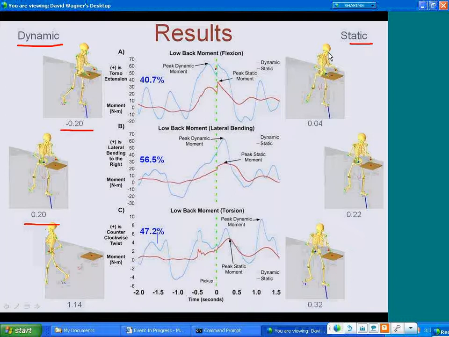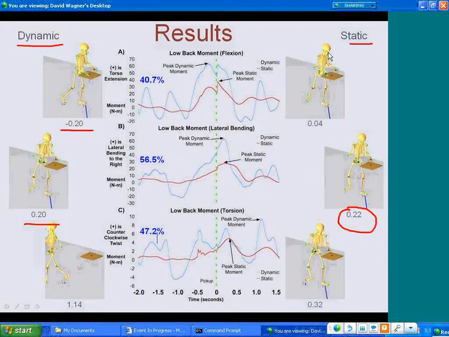The blue lines are the dynamic moments, the red lines are the static moments, and the green line is when the individual actually picks up the box. We can see that in all cases, although the times do not line up, and we would not expect them to,